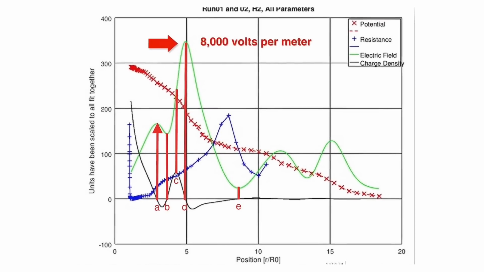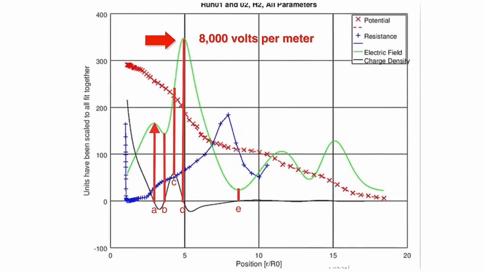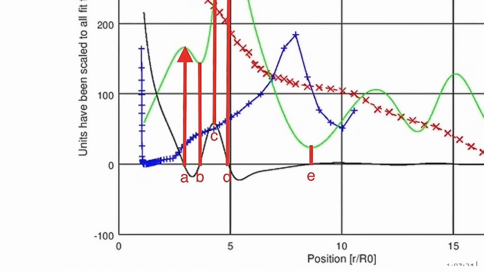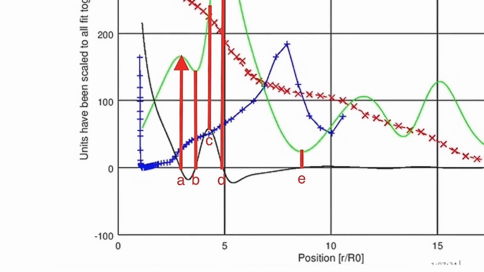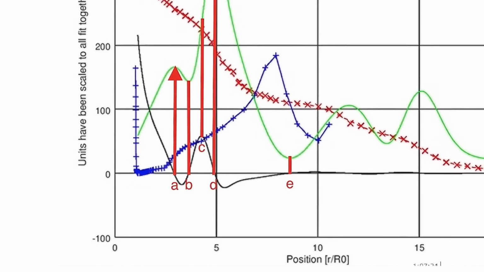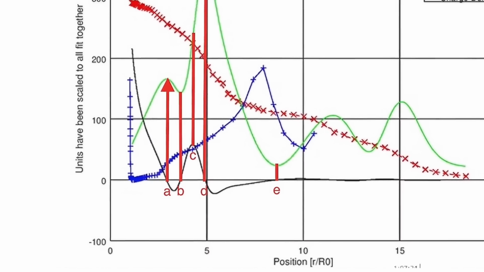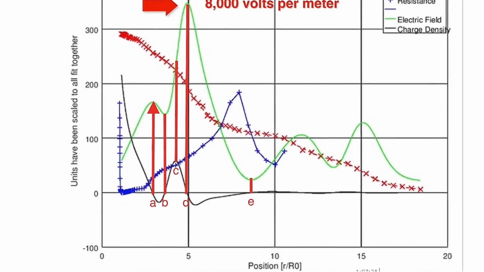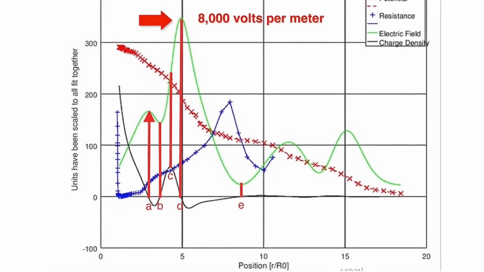This is one of the most important results that I think SAFIRE came up with. The presence of the double layer is shown by the thin black curve at the bottom of the plot, and it's labeled charge density. The horizontal axis shows our radial distance r out from the center of the sun. In this plot, the radius r is increasing from left to right, whereas the two earlier figures showed r increasing from right to left. Please take note of the following phenomena exhibited in this SAFIRE plot.